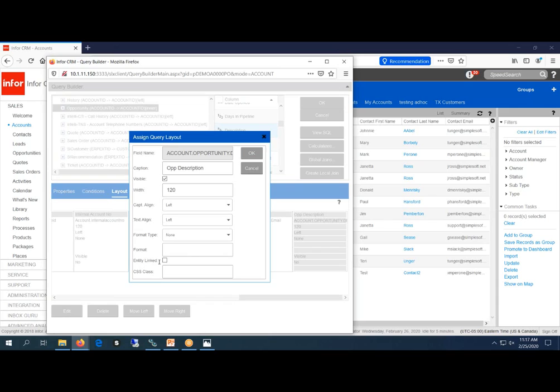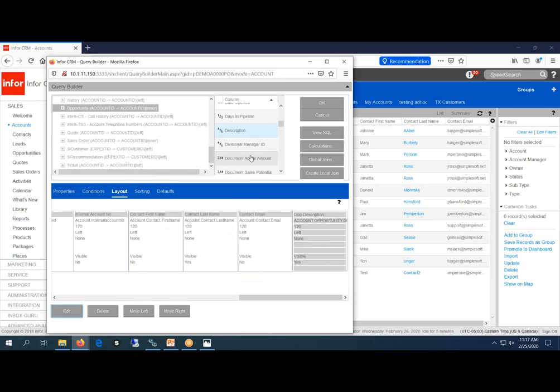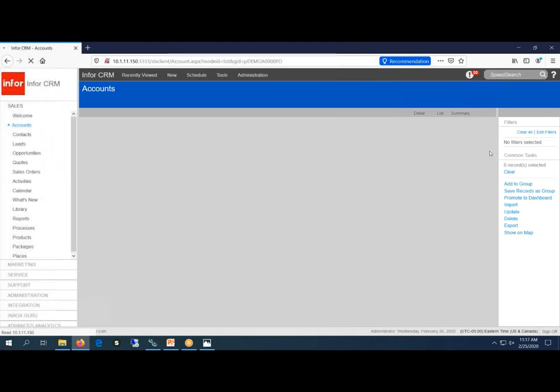I can't highlight it, but there's a checkbox. If I mark that checkbox, it turns that field into a link to that record. So you can use one lookup to navigate to multiple entities. So I'm going to say OK, and that means that when I hit OK on my group and save my changes,